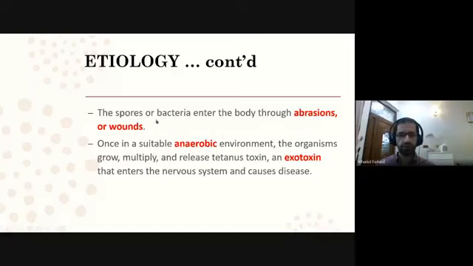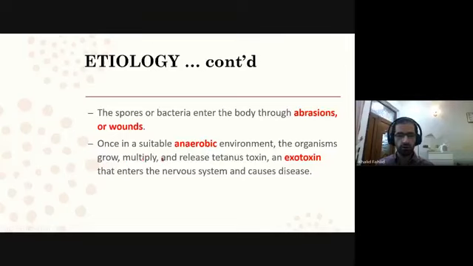How can you get this disease? The spores or the viable bacteria. You have two modes of infection: either the spores or the bacteria enter the body through abrasions or wounds. So the patient may not recall an incident of injury. Small abrasions are enough for the bacteria or spores to get into the body. And once in a suitable anaerobic environment, very important, an anaerobic environment, in a patient with a wound where an anaerobic environment is maintained, the organisms will grow,